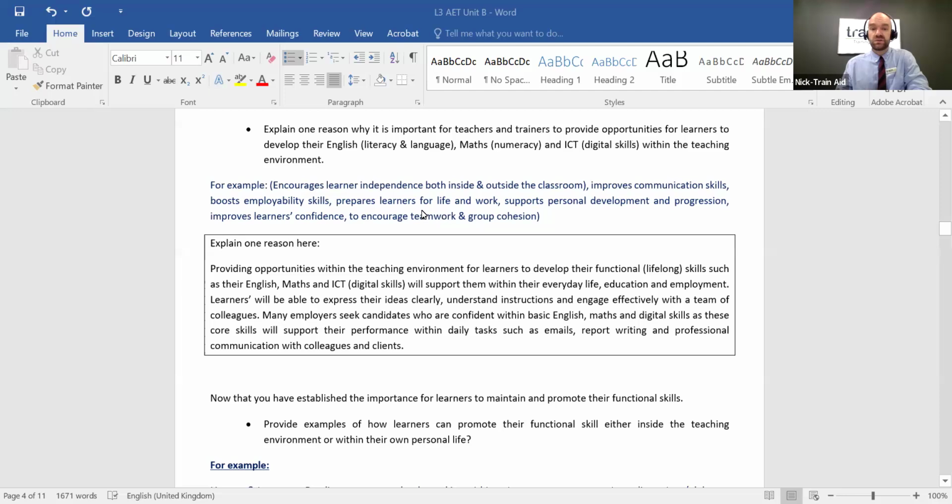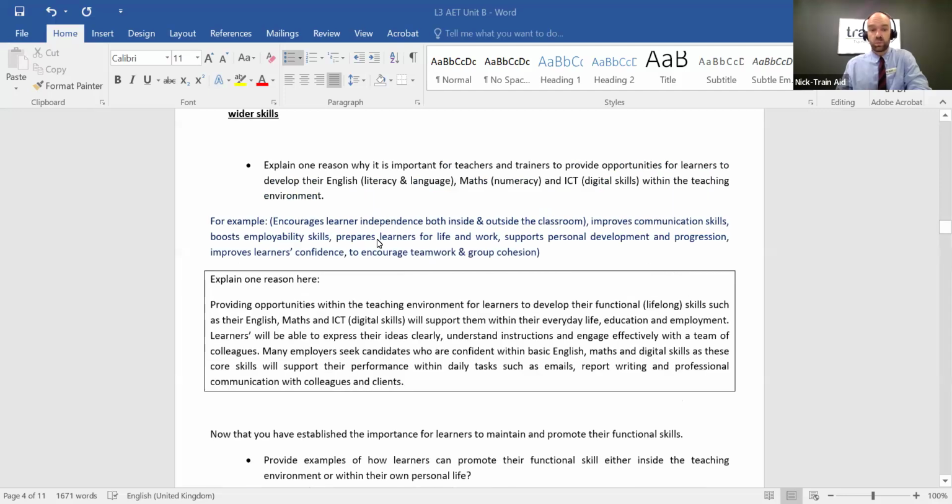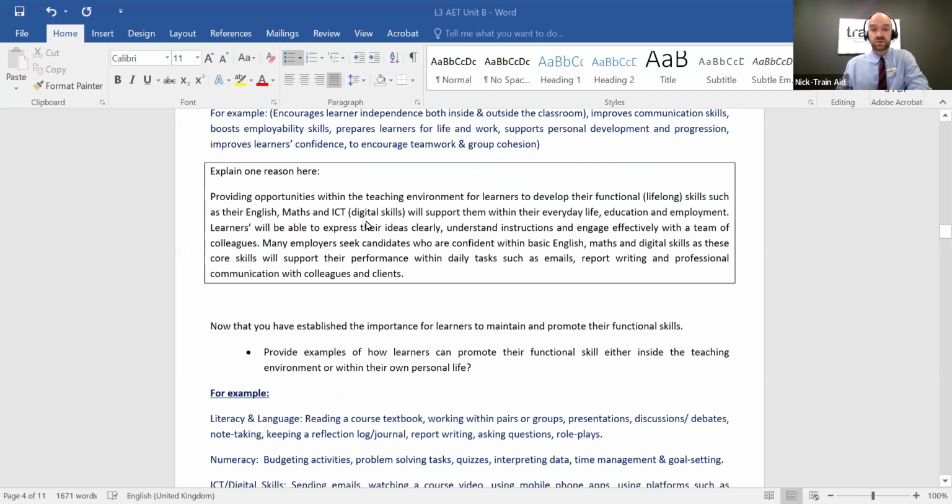So once again, you just have to write one reason within the box. I've got my answer here. And once again, a level of detail, we would say a paragraph is sufficient. So my answer is providing opportunities within the teaching environment for learners to develop their functional or lifelong skills, such as their English, maths, and ICT, otherwise known as digital skills, will support them within their everyday life,